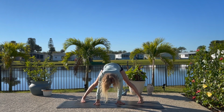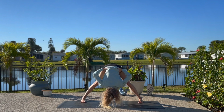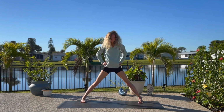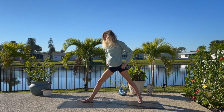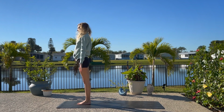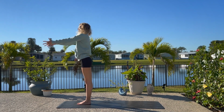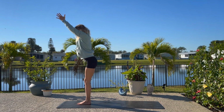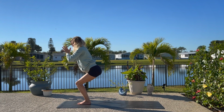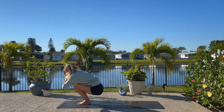With your toes slightly turned in, bring your hands to your hips and lift your back all the way up to standing. And then come back to the top of your mat with your feet together, arms by your sides in mountain pose. Inhale, lift your arms up and sink your hips down into chair pose. Bring your hands to your heart center as an option and just begin to lower all the way down to